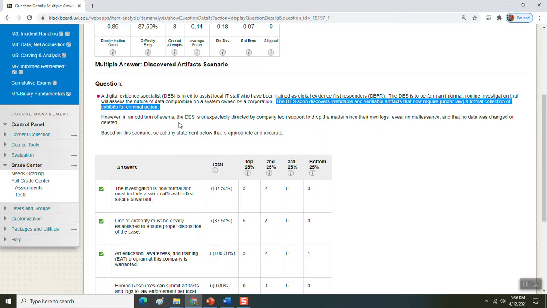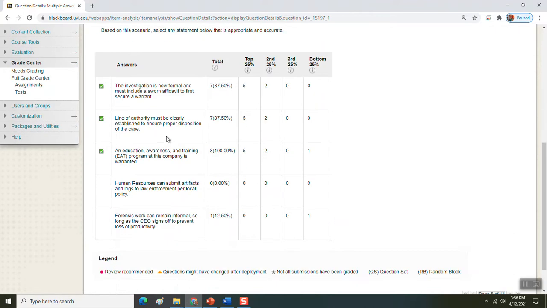However, in an odd turn of events, the DES is unexpectedly directed by company tech support to drop the matter, since their own logs reveal no malfeasance and that no data was changed or deleted. Based on this scenario, select any statement below that is appropriate and accurate. The three answers that are